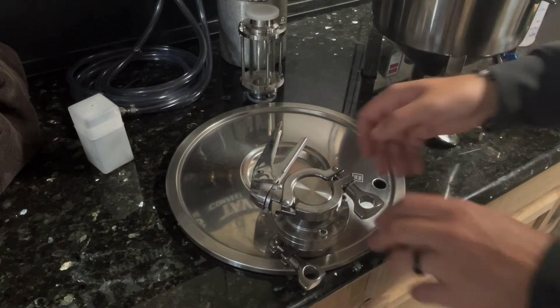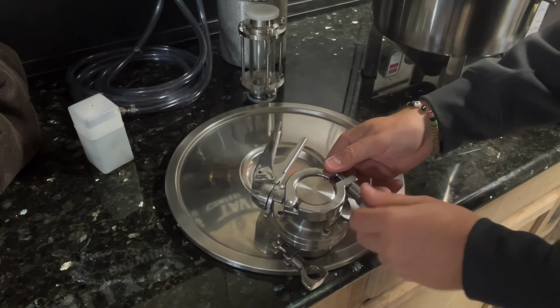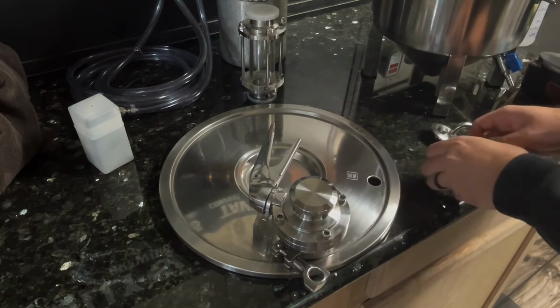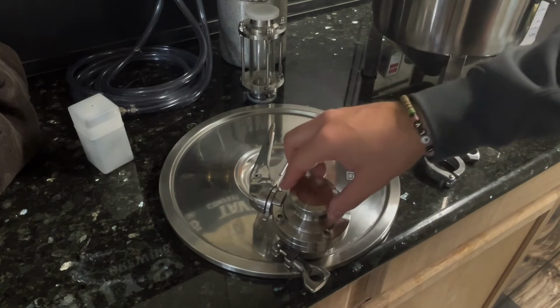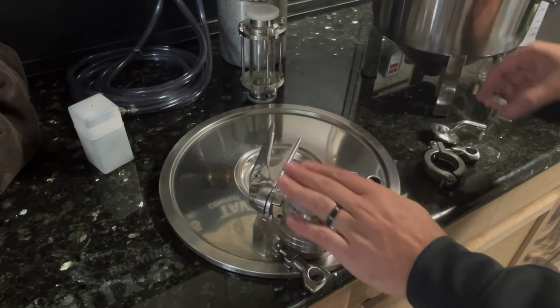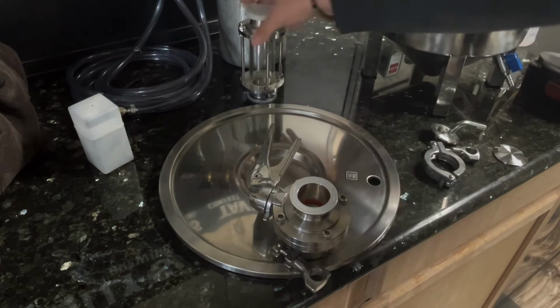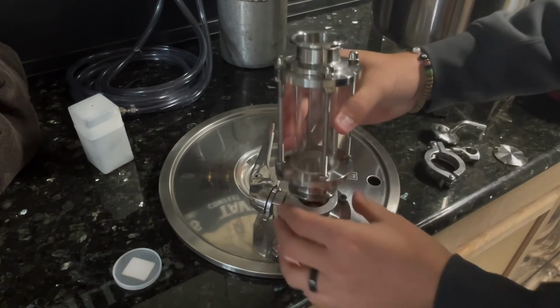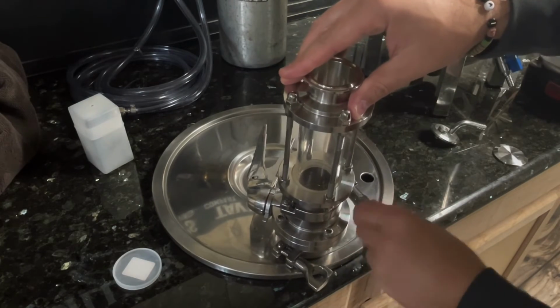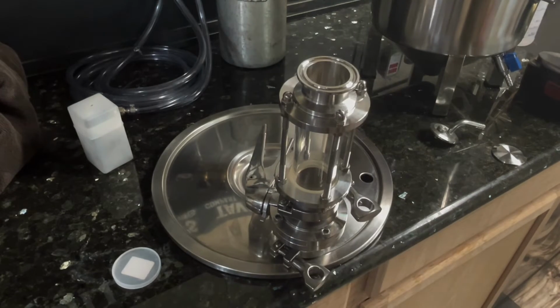Now, what if you want to dry hop? Well, in order to dry hop, I use a sight glass. So I have a 1.5-inch tri-clamp sight glass that I use. You'll take that off. This is my dry hopping setup. So I'll take the sight glass, add that on top of the butterfly valve, clamp that in, and then you have to buy...